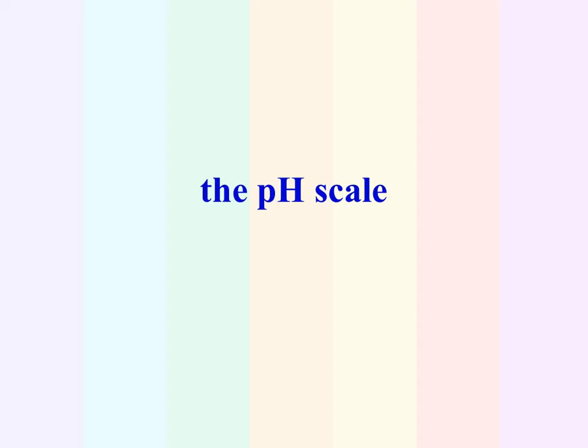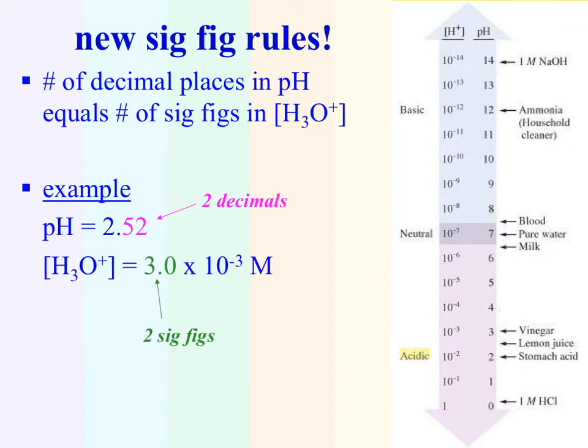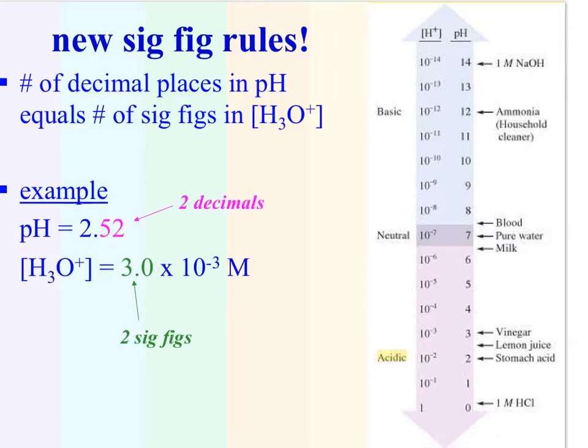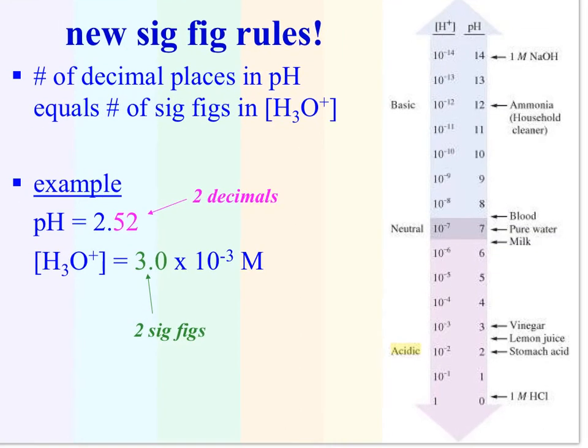So we're going to go ahead and look at the pH scale. Before we look at calculations with pH and pOH, we're going to look at the significant figure rules associated with pH and pOH. The number of decimal places in the pH that you've been given or that you calculate is going to equal the number of sig figs in the concentration of your H3O plus